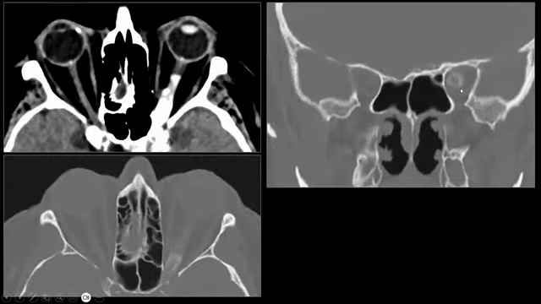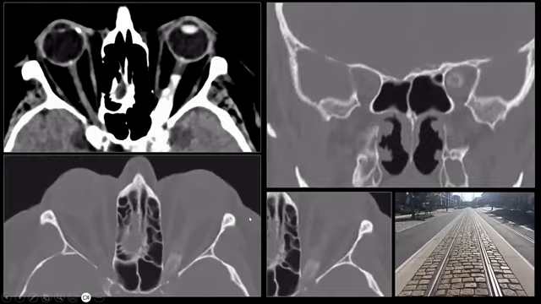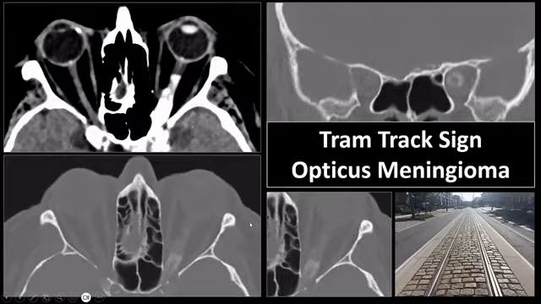If we look at coronal images, we're clearly looking at calcifications that are lining the left optic nerve. When we look again at the magnified axial images, this pattern resembles tram tracks, and this is called the tram track sign. It's classically seen in optic meningiomas. The optic nerve is also lined by